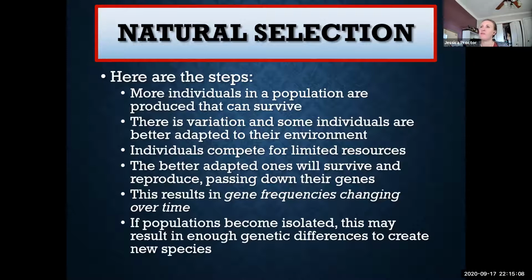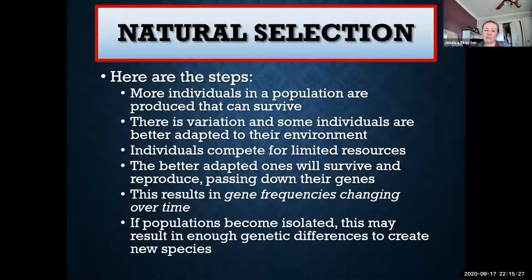But when the environment shifted, when the rock pocket mouse now lived in an environment that was almost blackish in color because there was a volcanic eruption, and once that lava dried, the substrate was blackish in color, now all of a sudden the selective pressure shifted, and it's the dark colored mouse